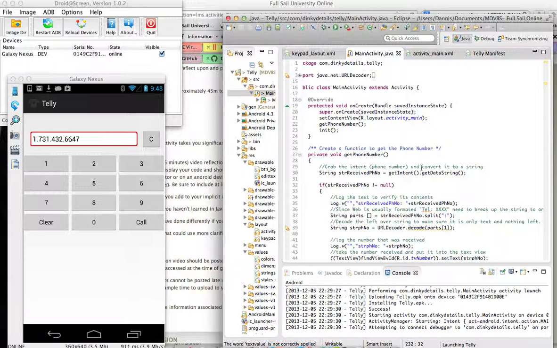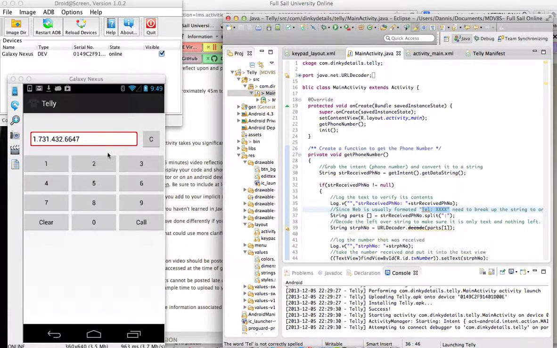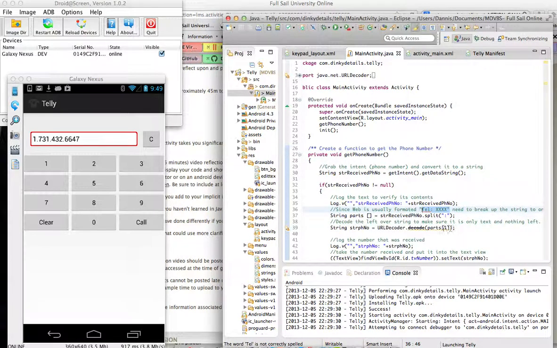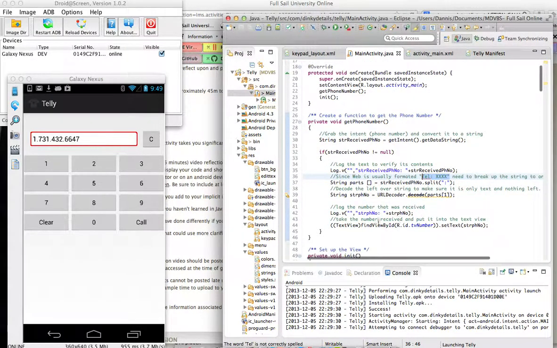The tricky thing with this was when you grab it, it's grabbing the telephone number with the semicolon, all that stuff. So you had to split this string up and format it, because it would have just shown up as tel colon and then the phone number in the text view up here, and obviously can't do that. So I used the split to take it out, and then took the first part out. So I'm splitting by this and then taking that first part out, and then putting this string number into the value. So that's how that shows up.